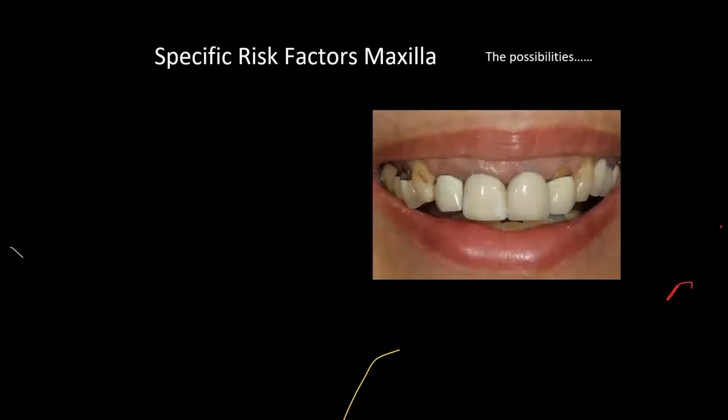But I like to talk about the specific risk factors for the maxilla. Articulate is a great idea, and I accept that. It's wonderful. It's a recipe while we're doing it. We do mount this on the articulator. Of course we do. That's not a part of it. But there's some important factors to assess for this patient. And the specific risk factors for this particular patient is that